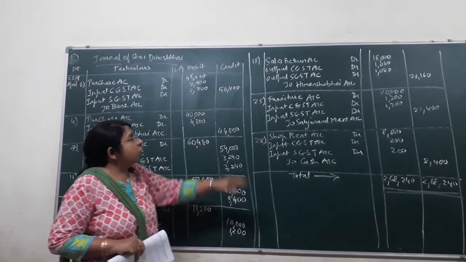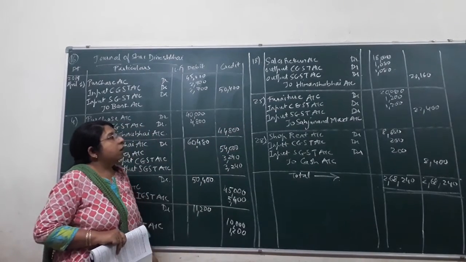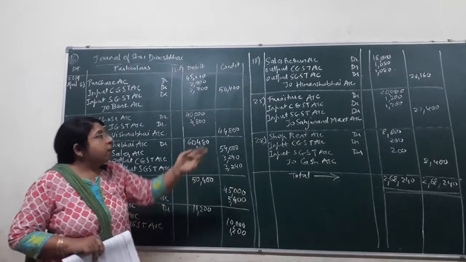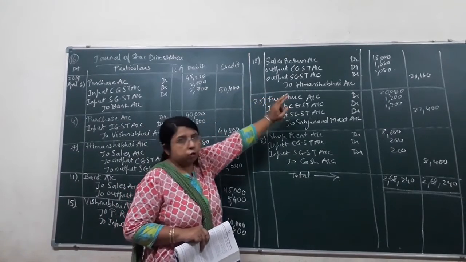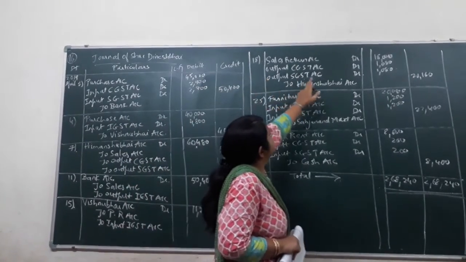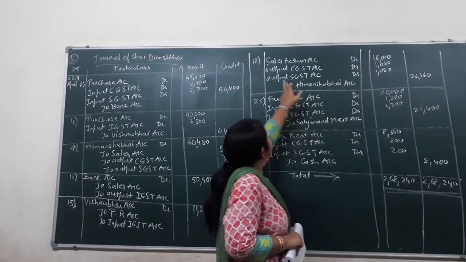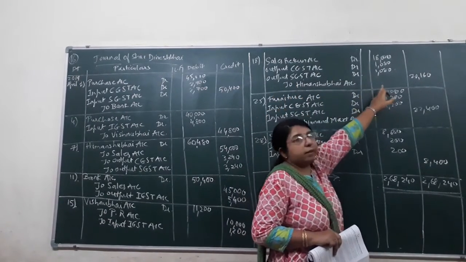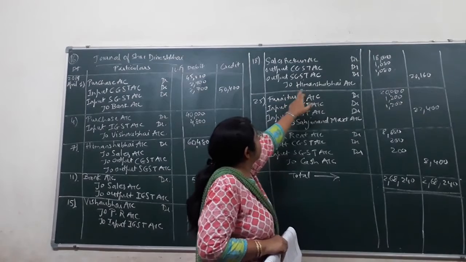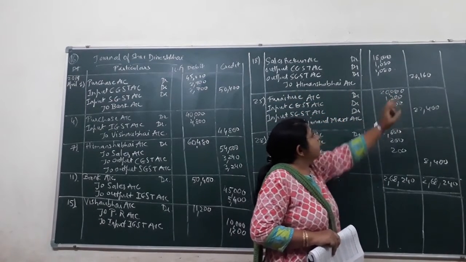That is the tax which was paid by Himanshu Bhai. So output CGST account debit, that is 1,080. Output SGST account debit, that is 1,080. To Himanshu Bhai's account credit, that is